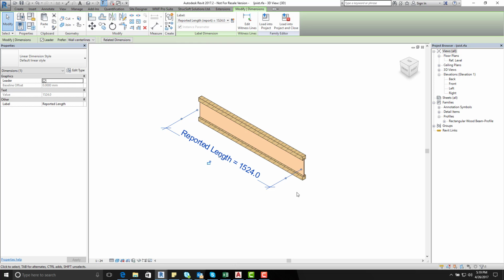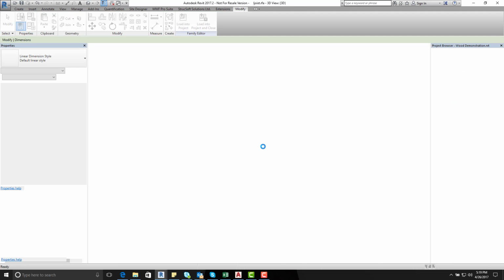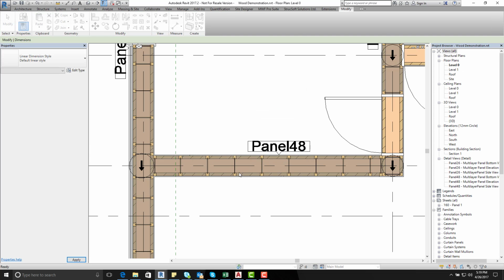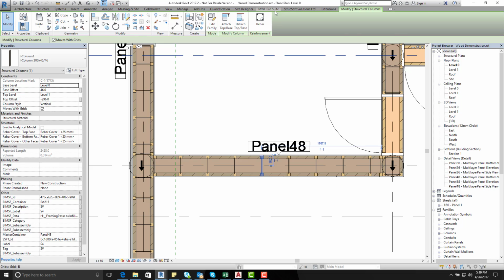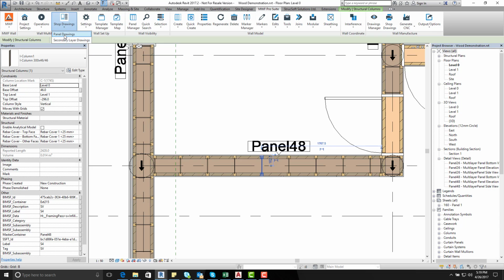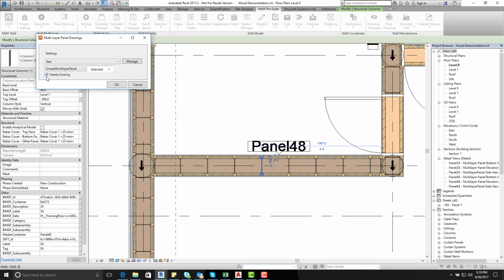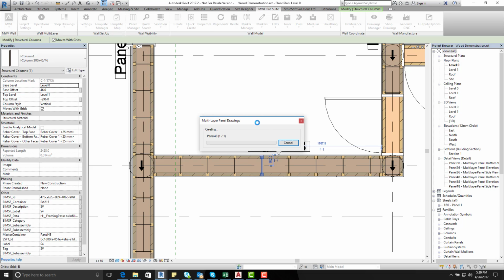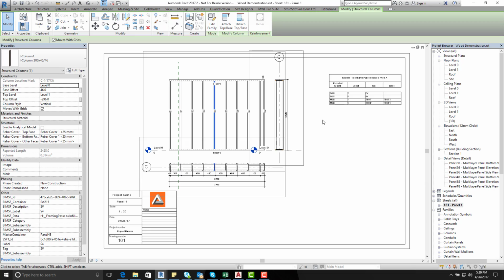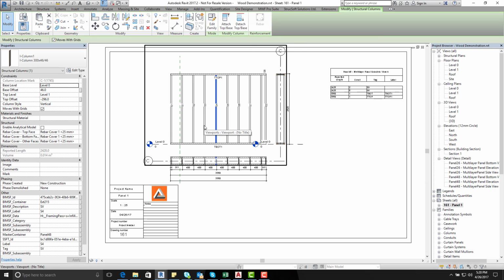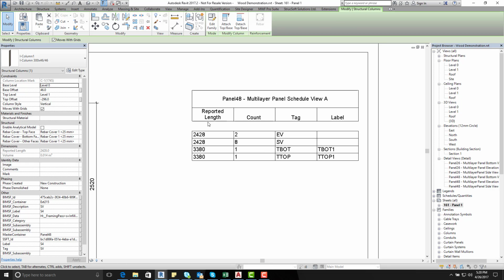And now that's been assigned, I'm going to load this into my project. I'm going to override the existing and its parameters, and then I'm going to reproduce my shop drawings. So I'm just going to go into MWF Pro Suite, go into shop drawings, panel drawings, and make sure that my delete existing checkbox is clicked so that my existing ones are deleted and this new one is produced. So I'm going to click OK, and then that should produce me a schedule list and my shop drawings with my elevation view, my side views, and my reported length has now been reported, my count, my tags, and my labels been